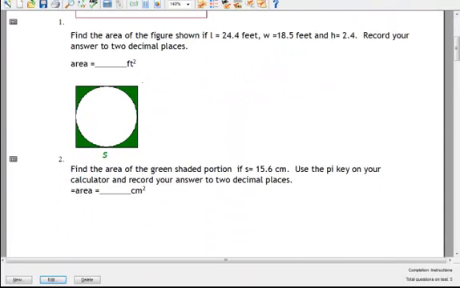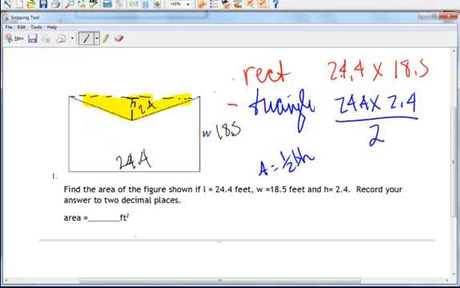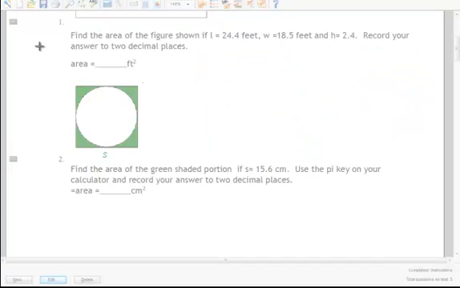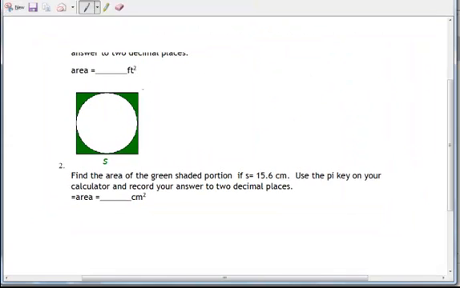Find the area of the green shaded region, which actually you run into all the time in real life. In farms out west, they have those. If you look up Google Earth and look in western Nebraska, you'll see what I'm talking about. So we've got a diagram here. It says the side is 15.6. So to find the area of the green shaded region, we would take the square